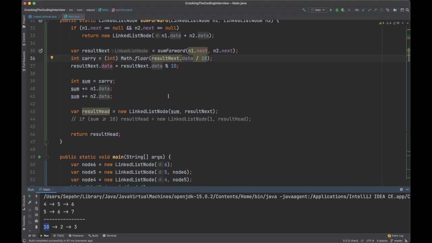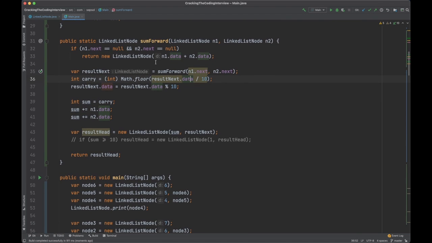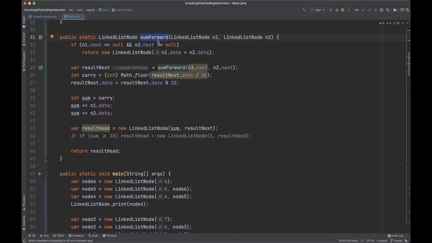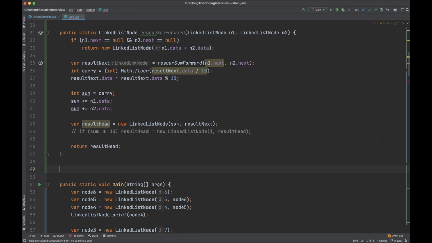So the way to do this is to have two separate methods. One for the recursive call and the other that wraps around the recursive call. So I'm going to rename this recursive call to something else, like recurse sum forward, and I'm going to create another method here,